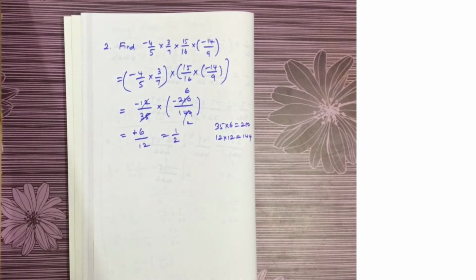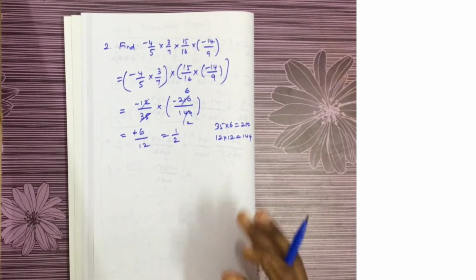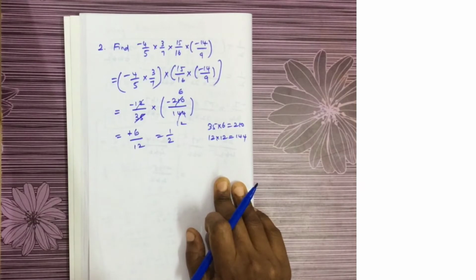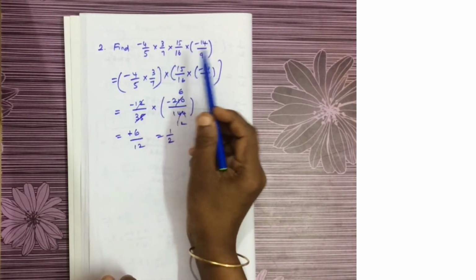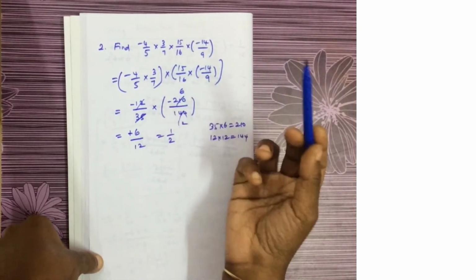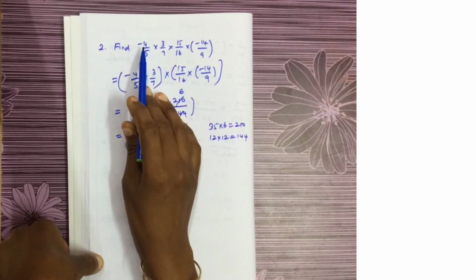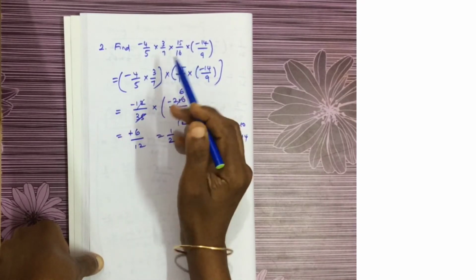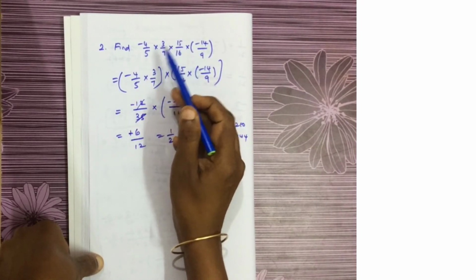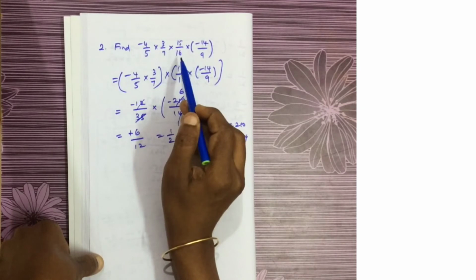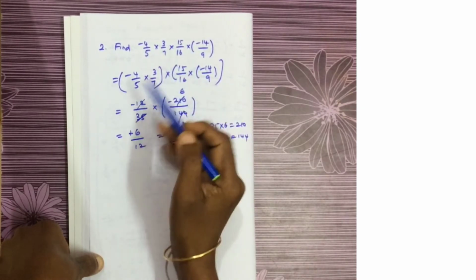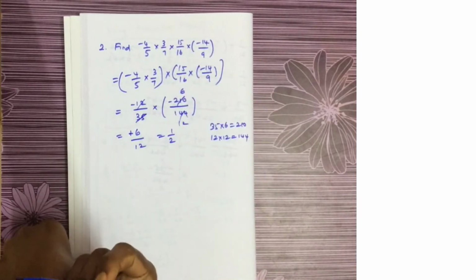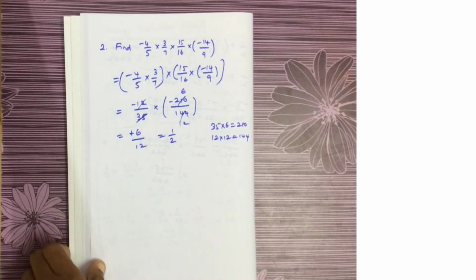Now using property, how do you have to do it? Using property, you have to check the numbers over here and see is there any chance of numbers getting cancelled or getting simplified. So if you see here, you have a 4 here and you have a 16 here. 4 4s are 16, and also you have a 5 here and 15 here. So these 2 get cancelled, and this 2 also gets cancelled, and this 3 and 9 will get cancelled, and here 7 and 14 will get cancelled. So this makes the simplification very easy.